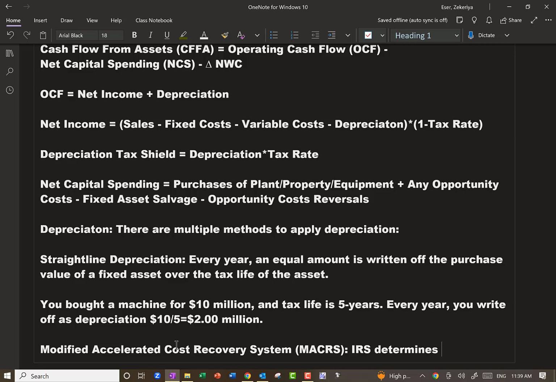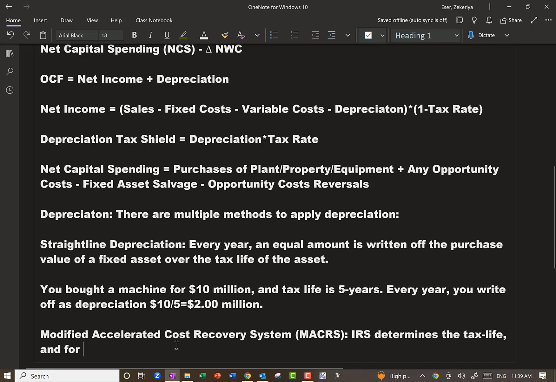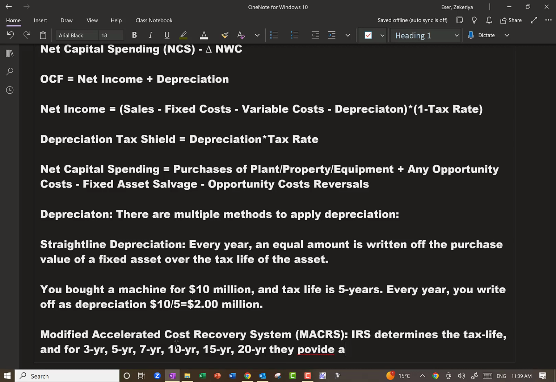IRS determines the tax life, and for 3 years, 5 years, 7 years, 10 years, 15 years, and 20 years, they provide a table